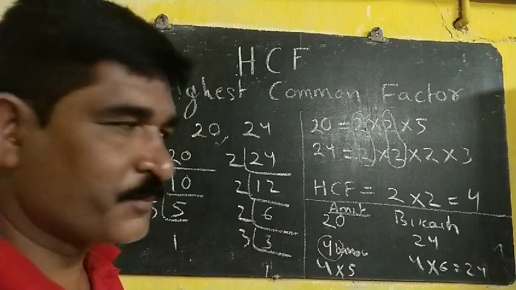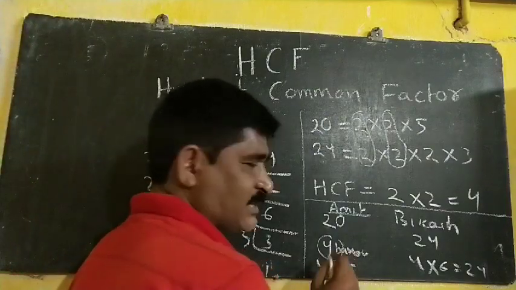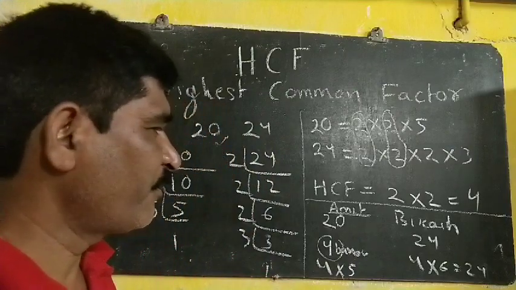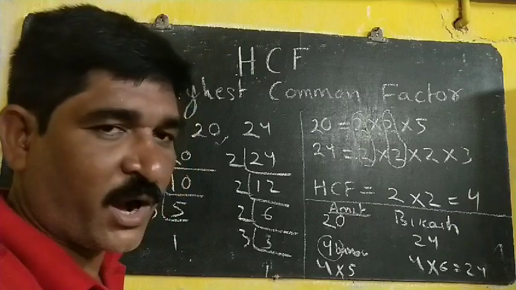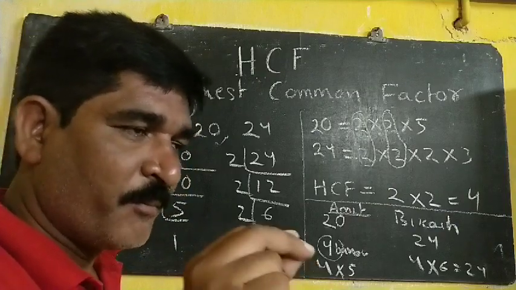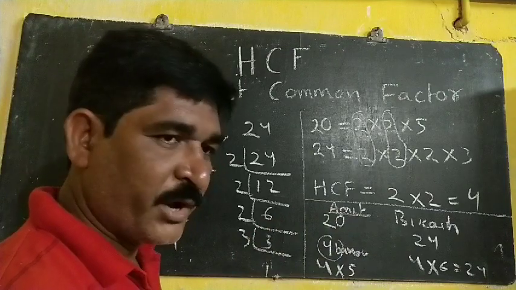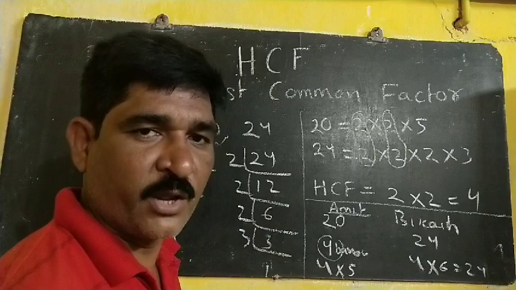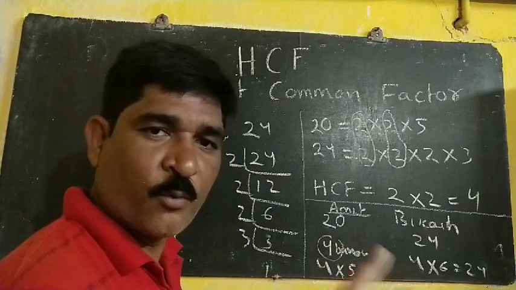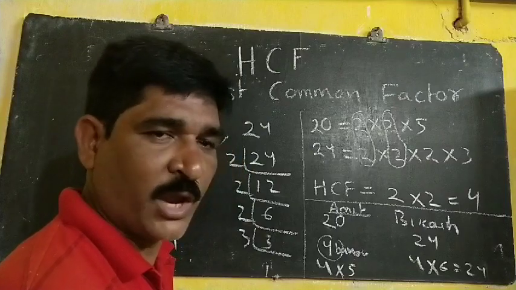Understood? So, it is the use of our HCF. Okay. So, each time they have to feed maximum 4 bananas. So then, Amit can feed 20 bananas in 5 times, because 4 fives are 20. 4, 4, 4, 4. How many times do you have to do it? 5 times. Means 20 bananas fed to the elephant.